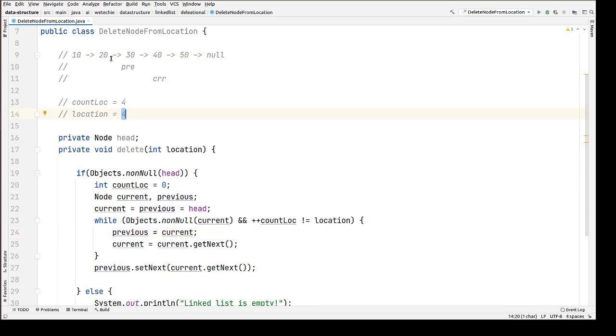So 1 2 3 4 means this is the previous node of the given location node, right? This is the given location node. Now from here itself we're going to delete this node, and the reference of this previous node will start pointing to the next node of the given location node. So the given location node we have this, and the next node of the given location node has the data value